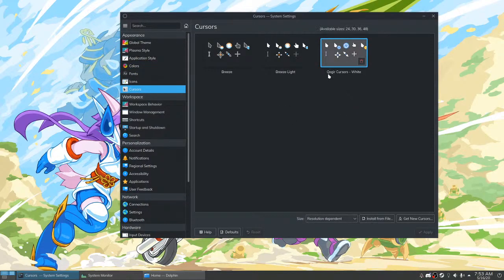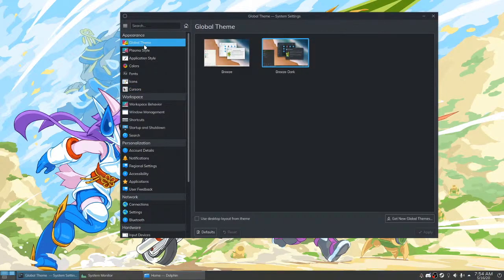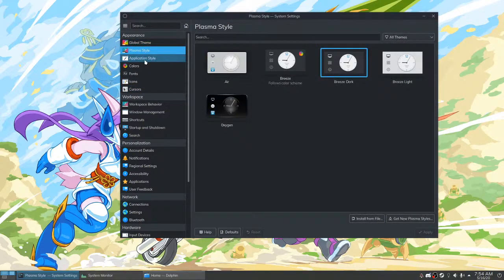My cursor is that QOgre cursor. I think it's a lot better than the Breeze cursors. They're old, and I think that it's a little diluted now because so many different desktops use it. Hey Kai, welcome, welcome. Just look at the appearance section. Oh yeah, it's really confusing. It's out of control. I hope that they don't take functionality away. I like being able to change my theme. I like being able to choose my style. But the way that they have it set up is a little confusing.